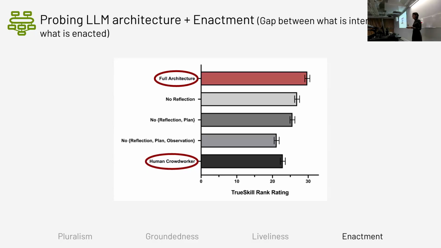Again, it's very normal in that field. But what are we measuring, right? So if a human is acting in a way and the full architecture is acting better than the human in being human, then is this your gold standard or is that your gold standard, right? So I think it's really interesting to think about what do we intend and what are we enacting and how are we measuring it and how are we reporting on the results and what do those decisions actually do in the world?